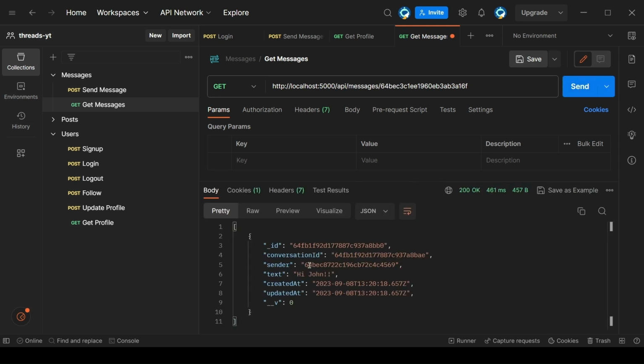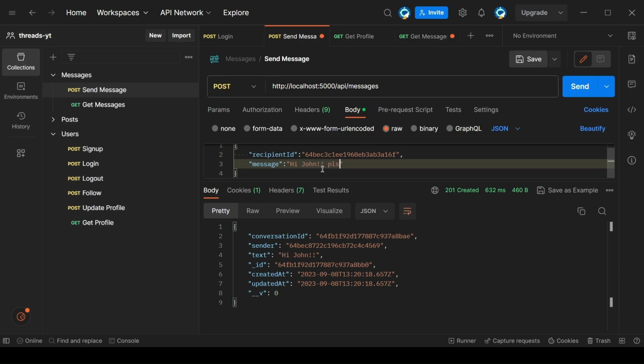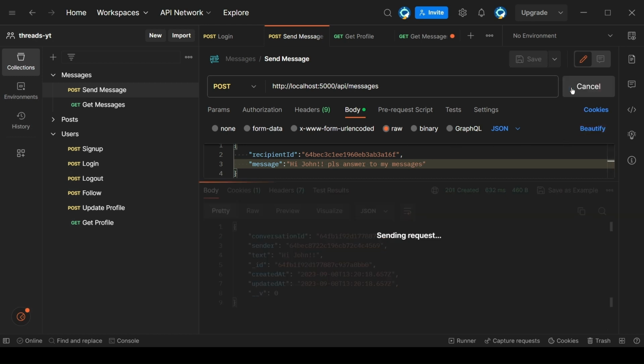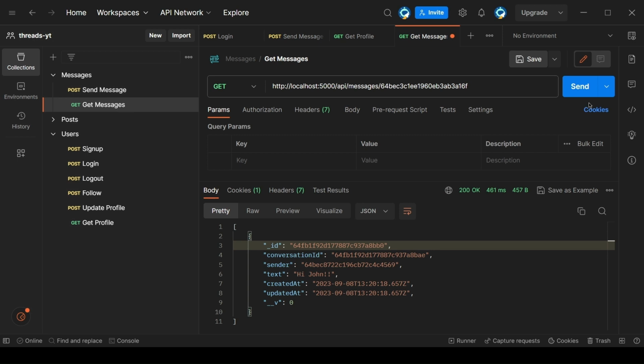And there we go. Now we got an array of objects. In this case, we only have one message that says hi John, and let's send another message from Jane. Hi John, let's say please answer to my messages. I'll just save this and send. Okay, this looks like it has been added to the DB, and if we just send this again, now we got two